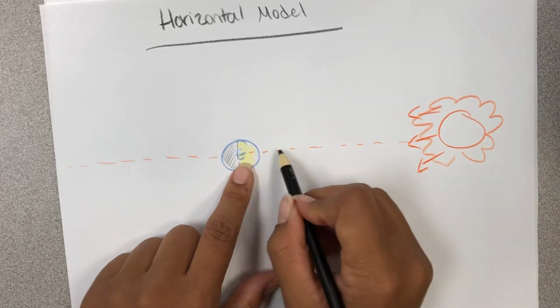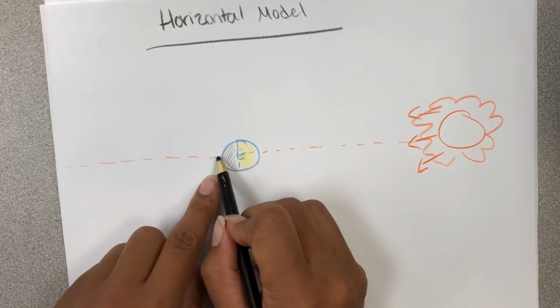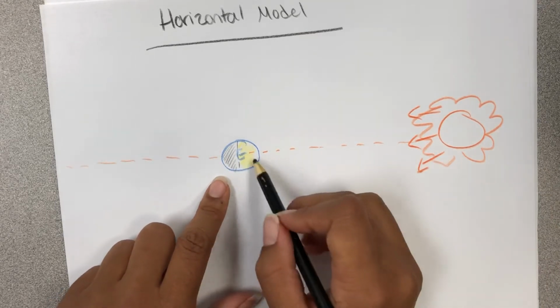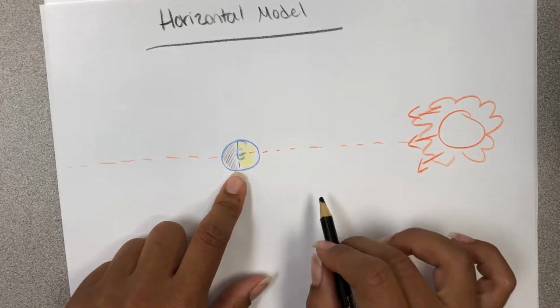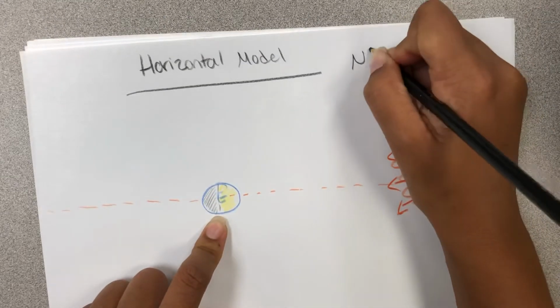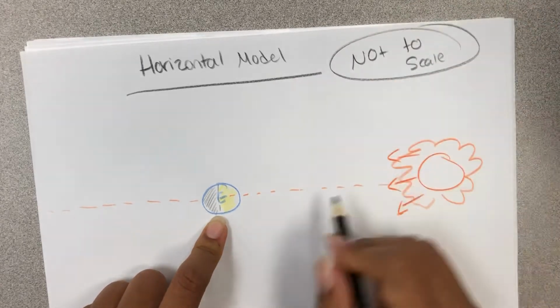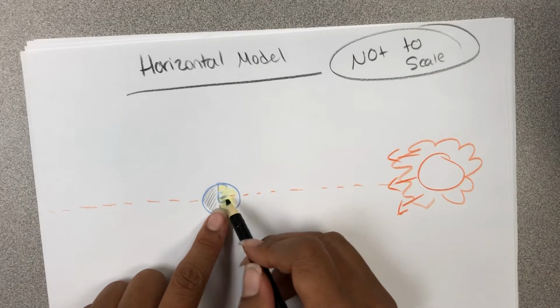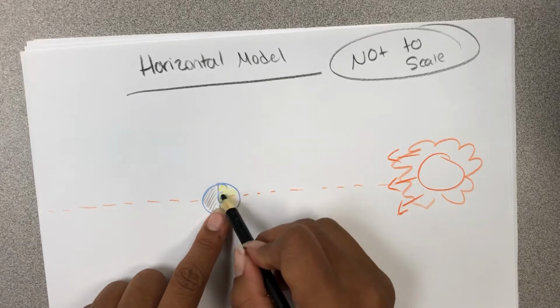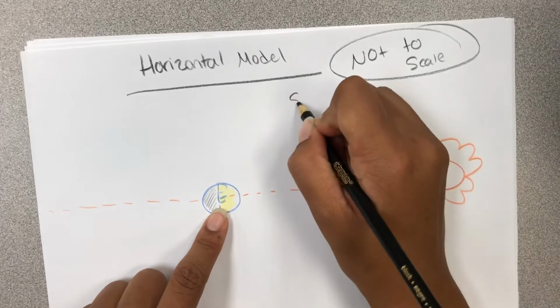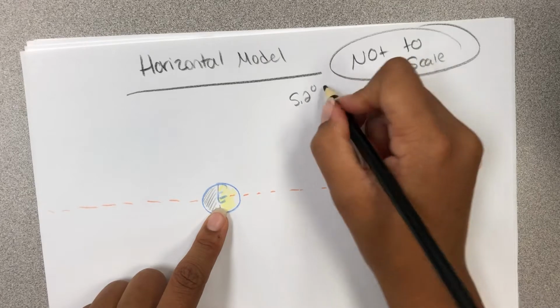The moon, on the other hand, is so incredibly far away from the Earth. Now, this is not to scale. Let me write that down. Not to scale. But the moon is so incredibly far away that that 5.2 degree inclination that I was telling you about